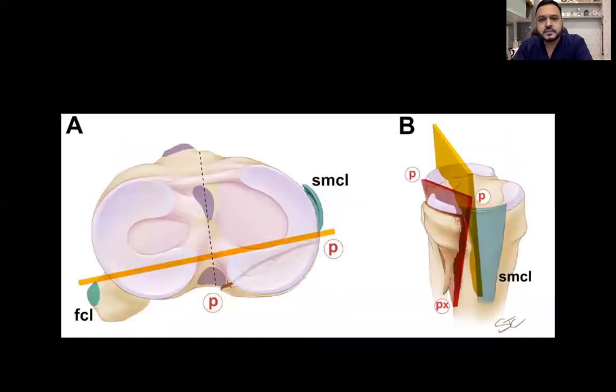Another example: if the fracture line is completely posterior, entering here and exiting there, totally in the posteromedial quadrant, and if you look at a sagittal view, it is also exiting in the posterior column. So this whole P, P, PX fracture plane is a posteromedial fracture, and you will be applying a plate in this area